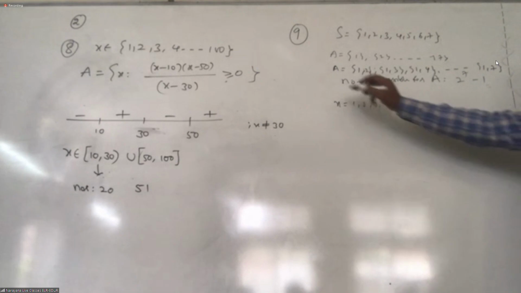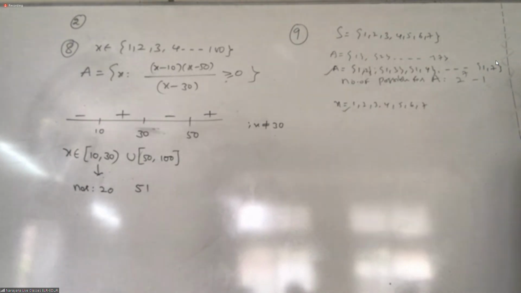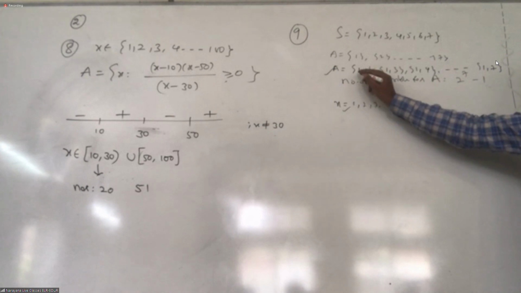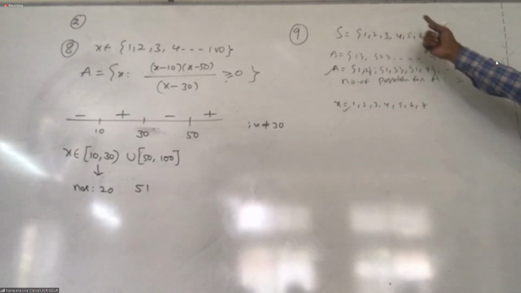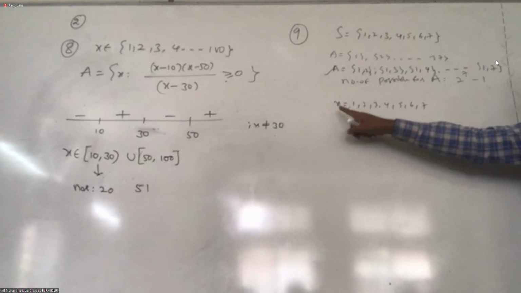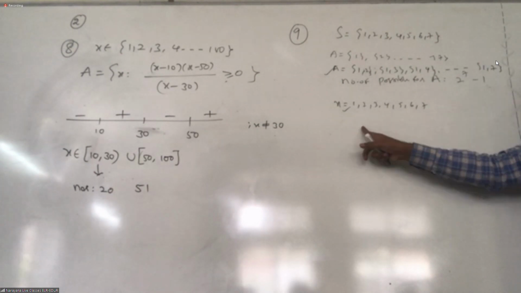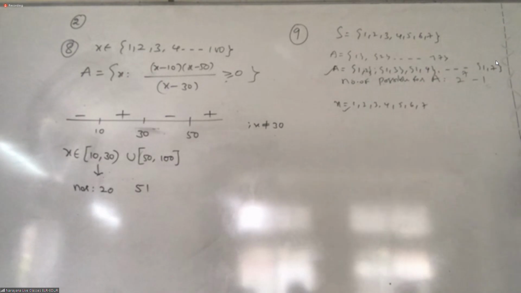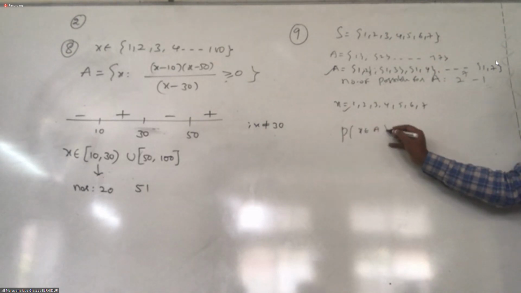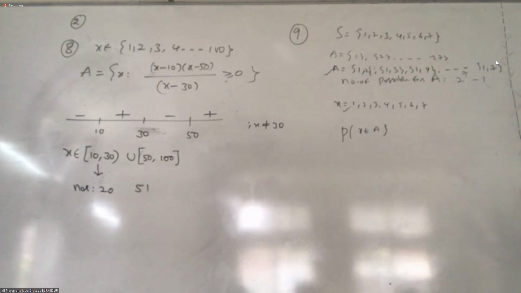Now, for example, if you choose this subset and if you choose this X, you have a possibility. Correct or not? And if I take A as the subset 1, 2, my element X can be either 1 or 2. Got it? Now what they need here is the probability that X belongs to A.